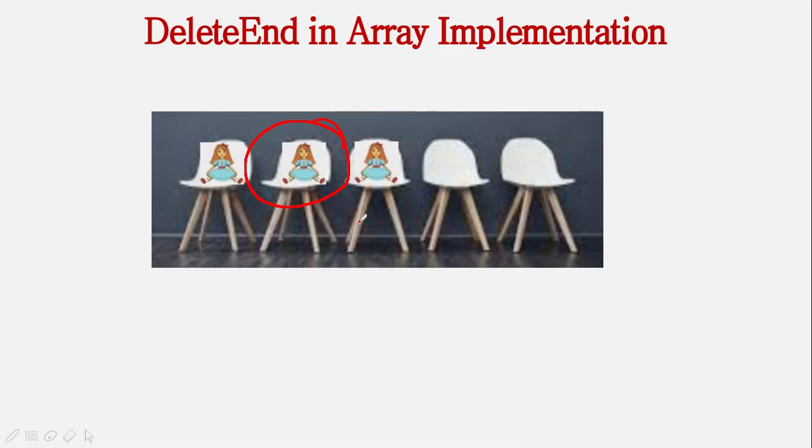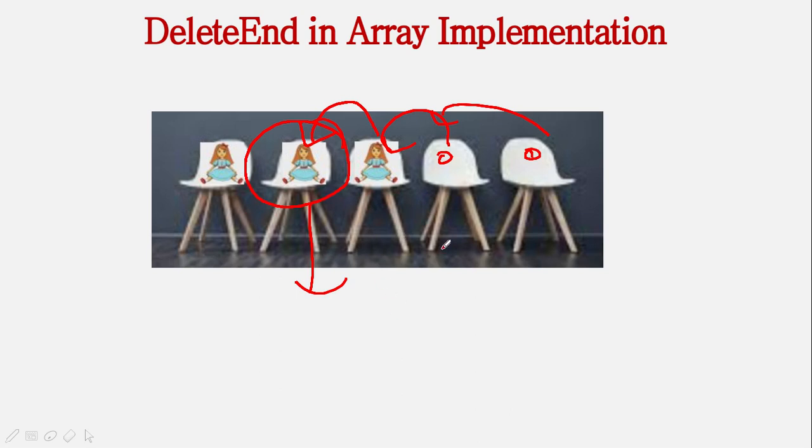Now let us compare this with the analogy we were discussing. Suppose there are 3 people and the second person wants to move out of the hall. This person has walked out, then what should we do? As per the rule, if there are n people, they should be seated from the first chair till the last chair. There should not be any gap, right. So this person has to move to the left. If there are 2 more people here, then they also should move to the left. Then only there will be 4 people and all will be continuously sitting.